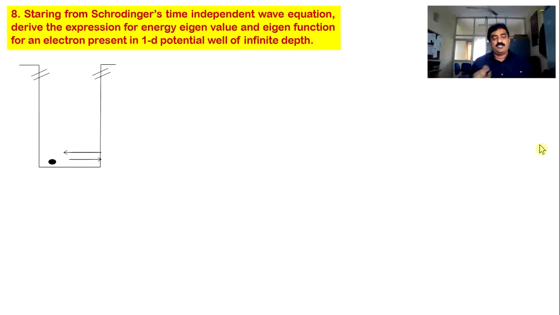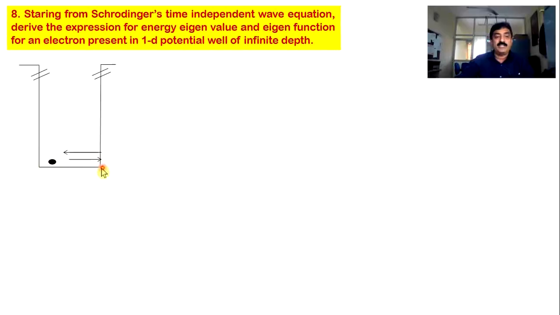Now I have this potential well. Look at this well. This is the potential well, and these lines represent that the depth is infinite, and here is the particle. This particle is unable to come out of the well because it does not have sufficient energy. If at all the particle wants to come out of the well, it must possess infinite potential energy. But I said inside the well, its potential energy is zero. Only potential energy is zero, not kinetic energy. That means the particle can move to and fro. So it goes like this, comes like this, goes like this and comes like this. So it keeps on moving to and fro.